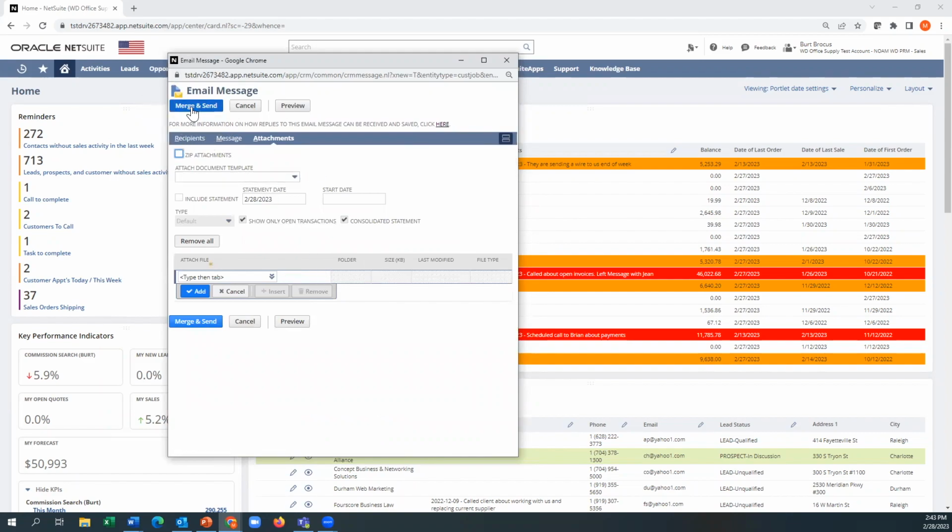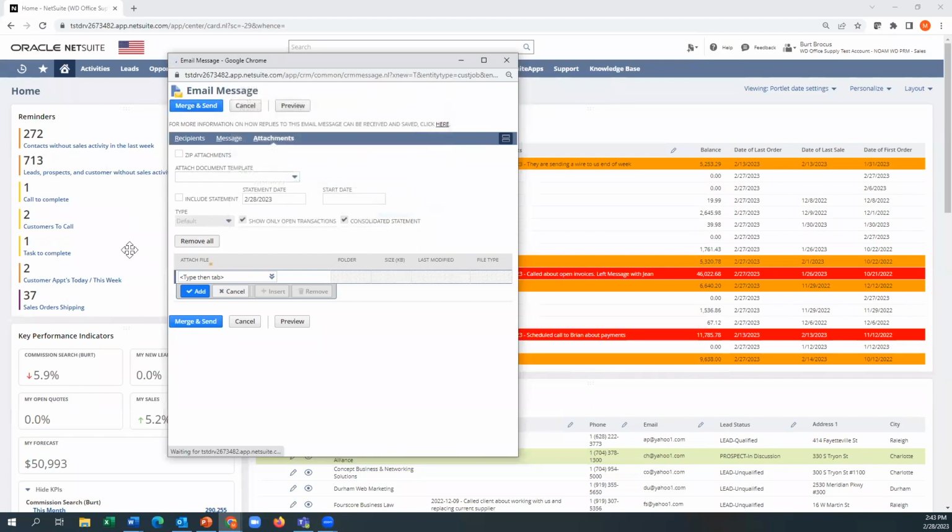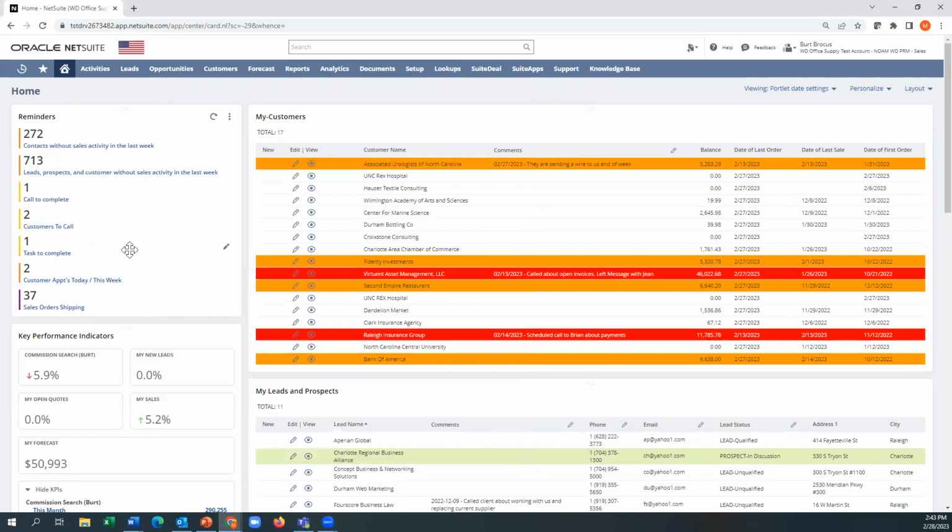And if Bert sends this, the email will get attached. It's just saying that I left something out. But what has happened is that that email will get attached to the customer record. If they reply, that reply will get attached to the customer record, and it will also get CC'd to your Outlook or your Gmail account at the same time. So again, we're trying to focus Bert's work on what he is responsible for.